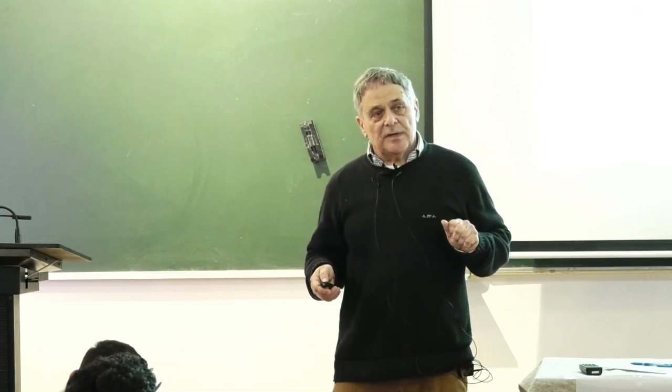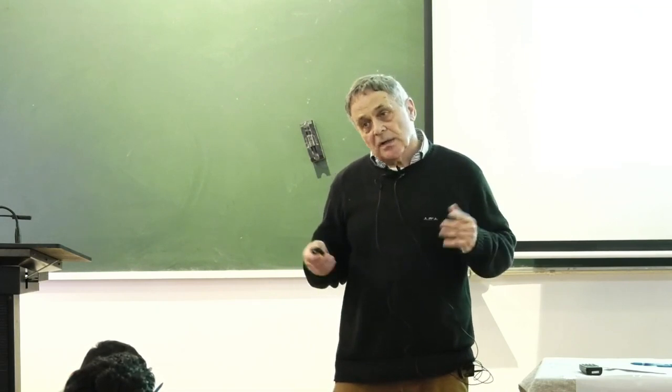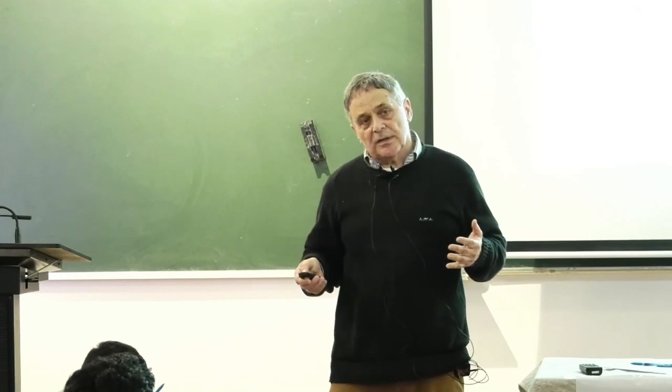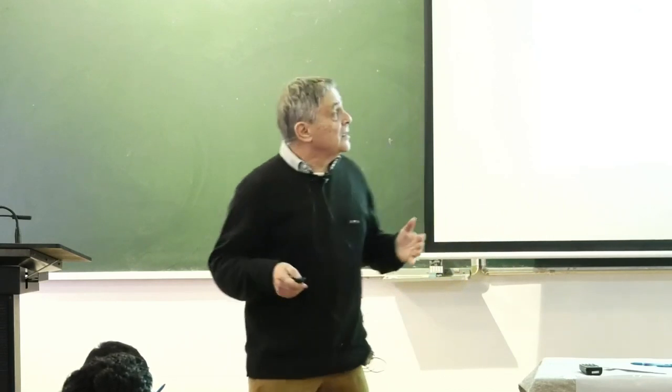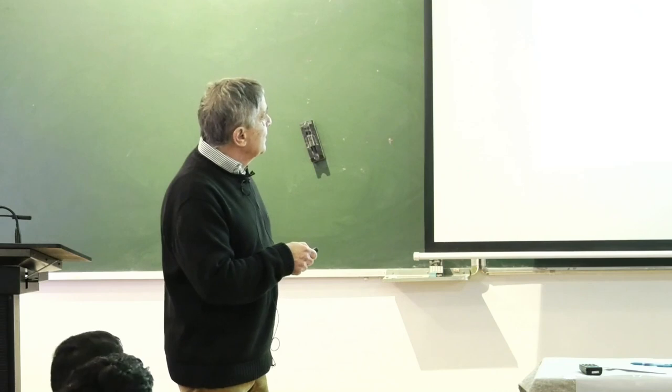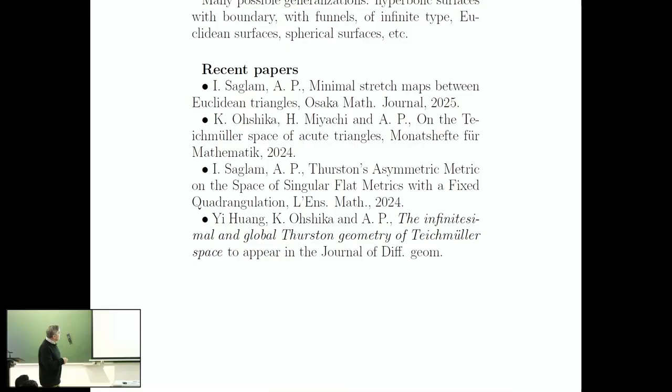So if you read this paper, and if you have ideas on the more general space of more general triangles, this is very good. And then there are several other papers, and this is the space of singular flat metrics. This is also on surfaces. So instead of the hyperbolic surfaces which Thurston started with, you can consider